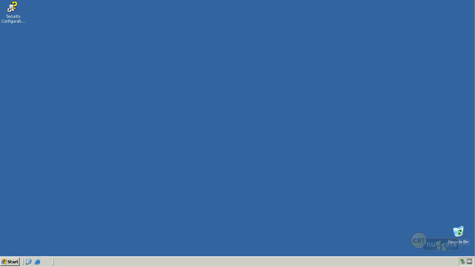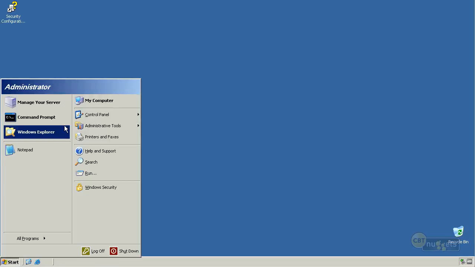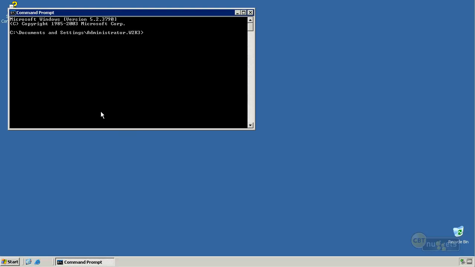Now, the next thing that would have to happen in order to make this migration work is we would have to register the migration tools. And for this, we have to, again, open up an administrative command prompt. There's my old start menu, which I miss so much down there in Windows Server 2003. Go to a command prompt, and you have to have administrative privilege in the command prompt. If you're doing this from Windows Server 2008, you'll need to right-click the command prompt and then choose Run as administrator.